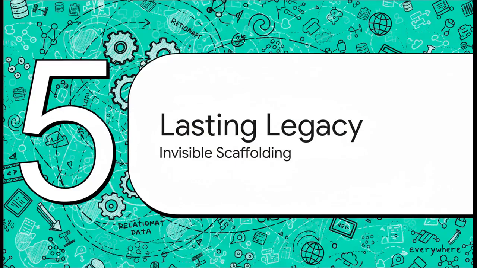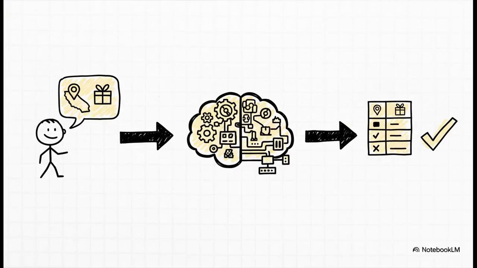So after 50-plus years of development, of refinement, of tackling these huge challenges like concurrency, where does this old idea stand today? Well, the short answer is everywhere. The true lasting genius of the relational model is that it's declarative. What that means is you don't tell the database how to find the data, you just declare what data you want. You say, give me all the customers in New York who bought a blue shirt, and the database itself figures out the smartest, fastest way to get it for you. This separation of what from how is why it's still the invisible scaffolding holding up so much of our world.